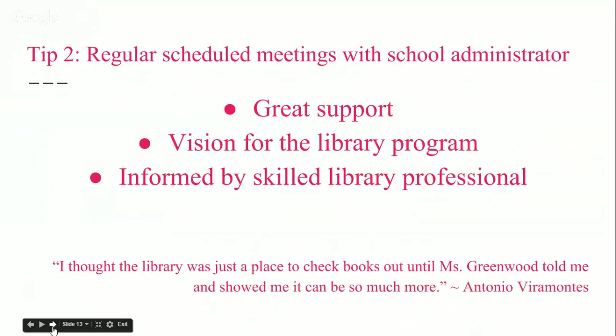And then also meeting with your administrator, you let them know what you do as a library. I always say professional. We're all professionals in the library. I'm sorry, para sometimes doesn't come out. But as a library professional, you let them know what you do when you meet with them. Look, because I know that my principal, there's his little quote. And he had said that actually part of our